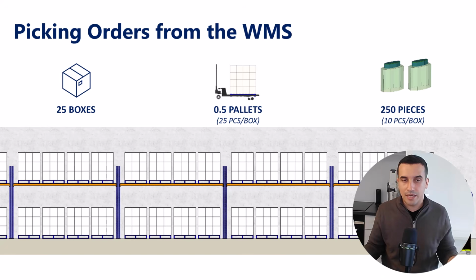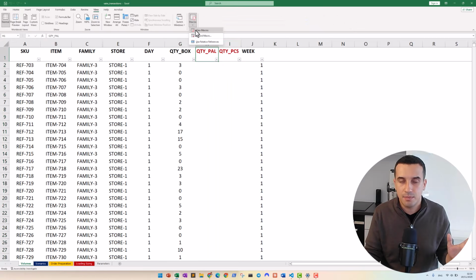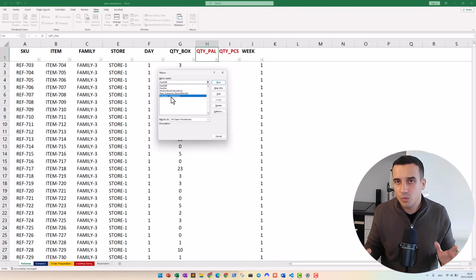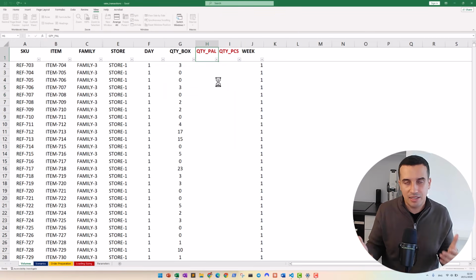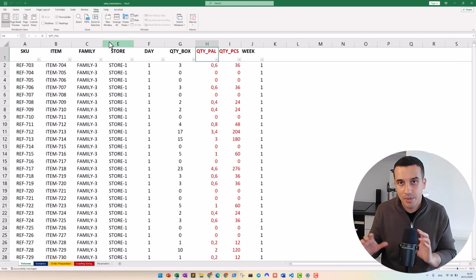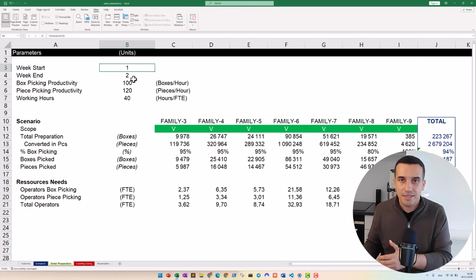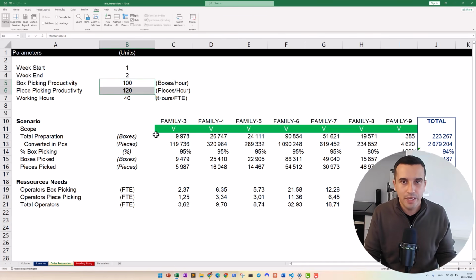What do we want to do here? So we are going to get as input data these replenishment or picking orders, depending on who you are. And then the volumes will be in boxes. So the first exercise will be to convert that into pallets and pieces. This could be done with normal Excel, but the idea here in this first exercise is to introduce all the basic fundamentals of VBA. Then we will use these fundamentals for the second exercise,